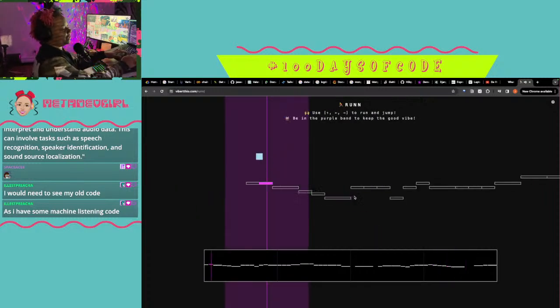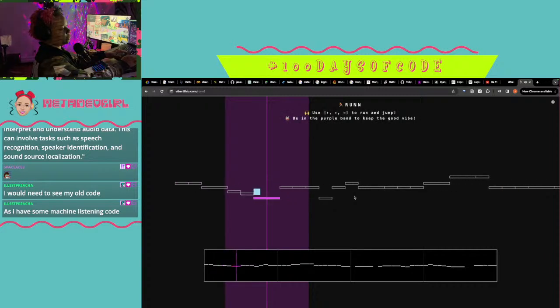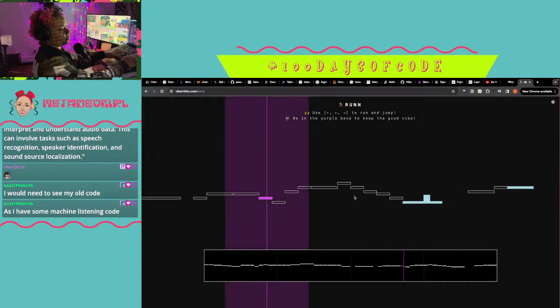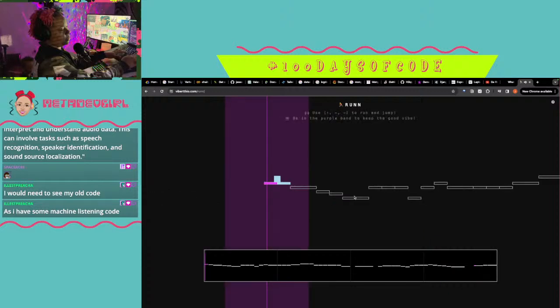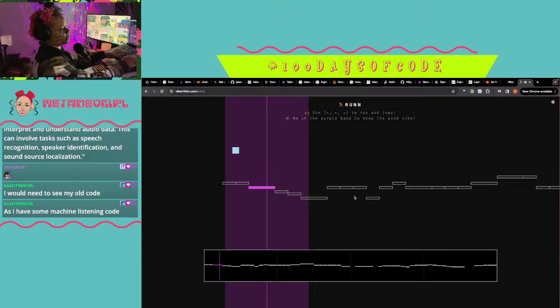Not at the end. Oh god. Using these Mac keys to do this is terrible. Oh. Was I supposed to like? Dang it.